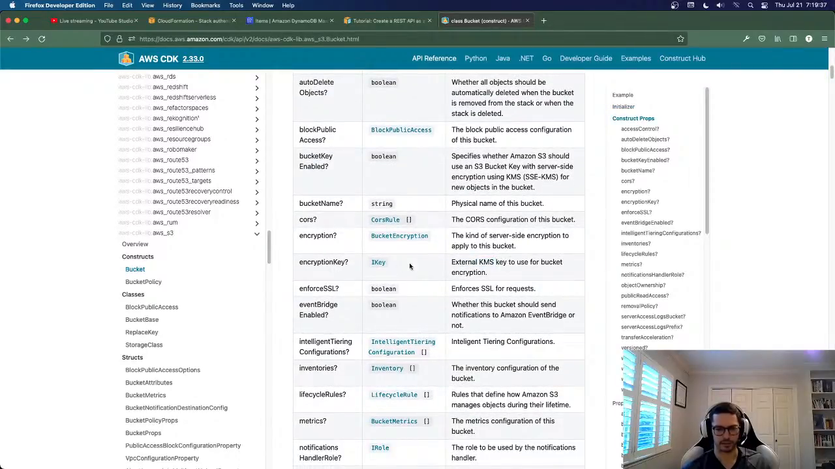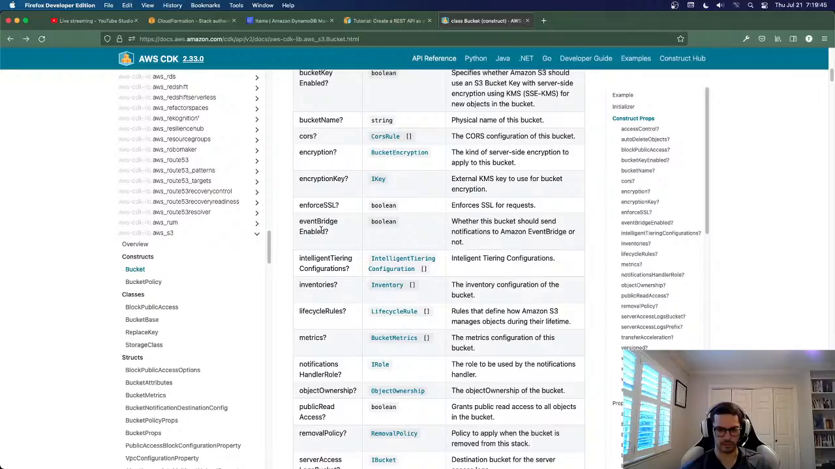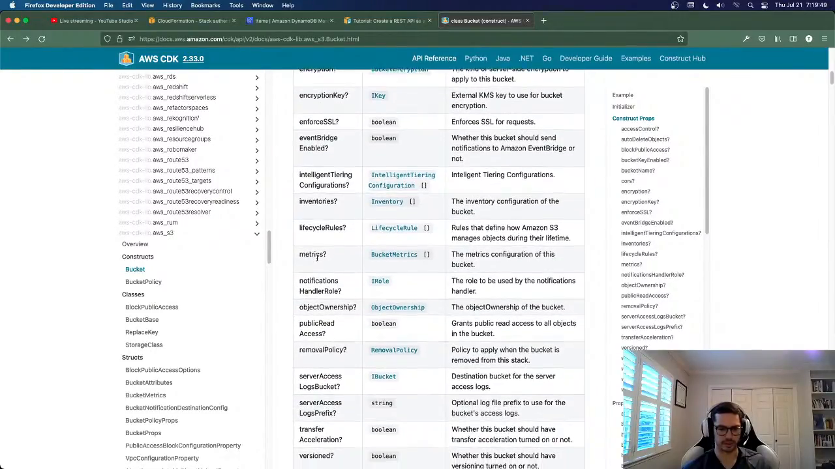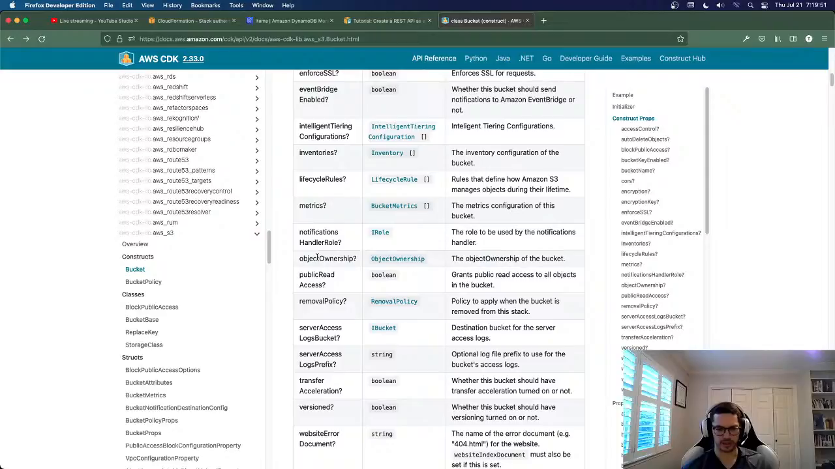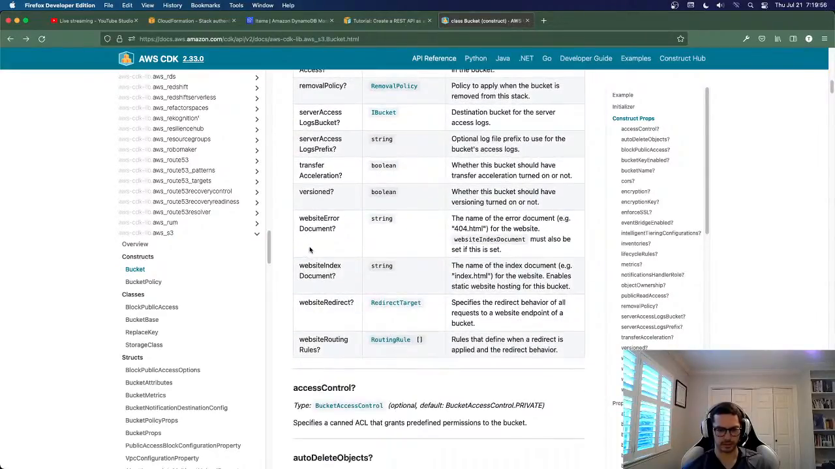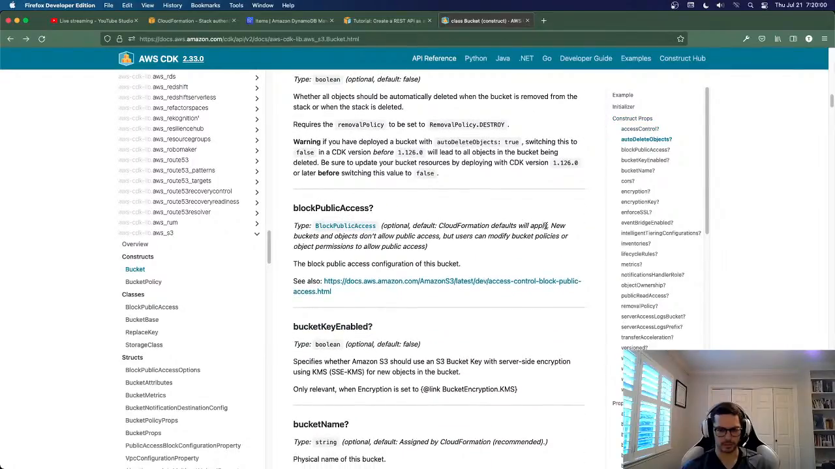It's just external. My guess is it's managed if you don't. That's my guess. EventBridge, intelligent tiering, inventory, lifecycles, metrics, notifications, object ownership, public read access. New buckets that don't allow public access. You can modify